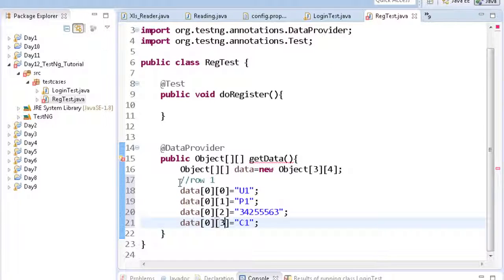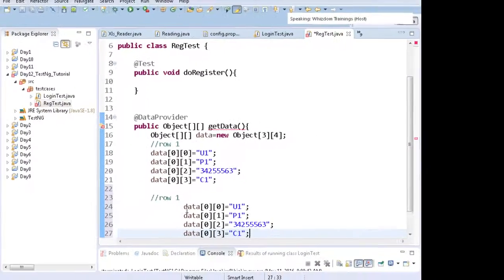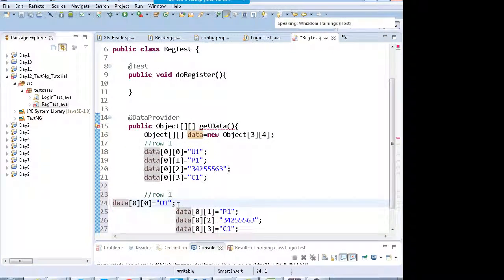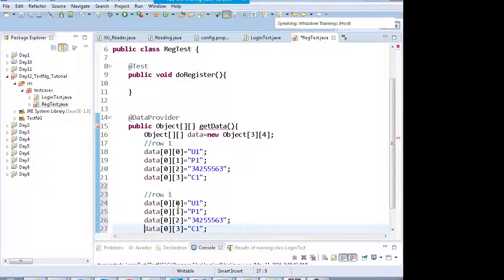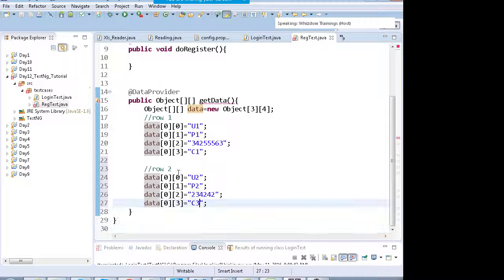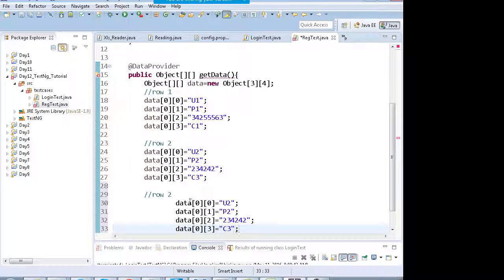So this is my row 1. Similarly, I can have data for row 2 as well: username2, password2, some other number, and a city. And then there are 3 rows, so you have to build 3 rows in this data array.